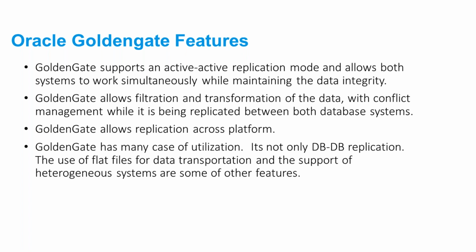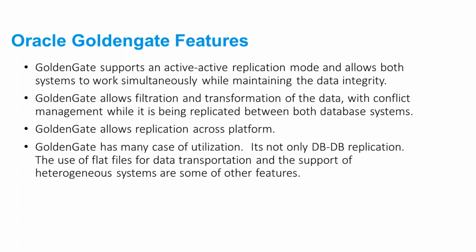So in a bidirectional environment, there are chances of conflicts. But again, if you design it properly, there won't be an issue. I always say one thing, bidirectional Golden Gate replication is nothing but two-way unidirectional with some considerations. So if you can manage those considerations, it becomes very easy.